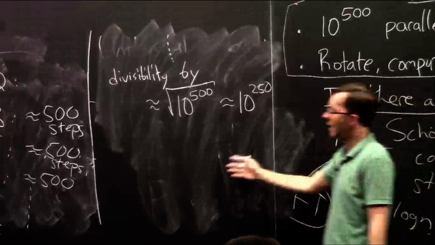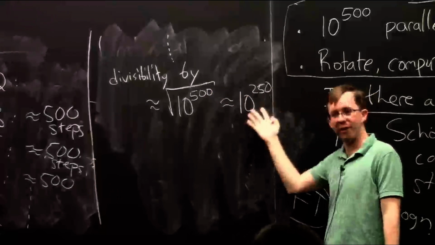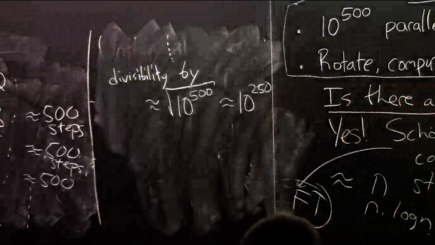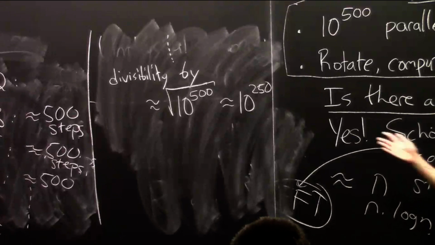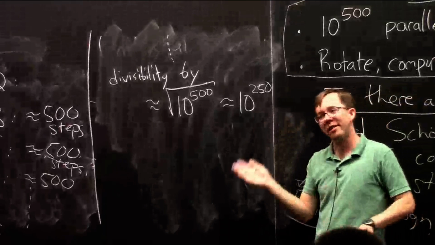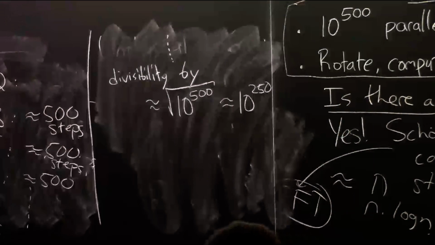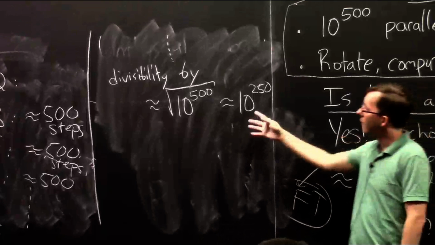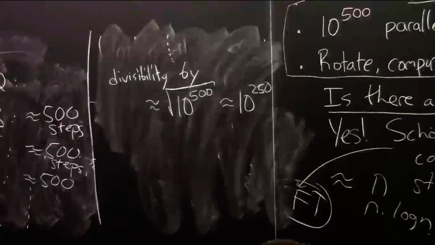Now the fact that each one is taking you 500 steps is not really a big deal, because overall you're going to be doing like 10 to the 250 operations. Well, hypothetically you would be if you were going to actually execute this algorithm. But the point is, this is a completely unphysical number, right? I mean, it's more than the number of Planck times since the age of the universe times the number of elementary particles in the universe, et cetera, et cetera. So you can never execute this algorithm. It'll never finish.